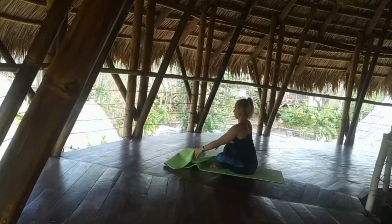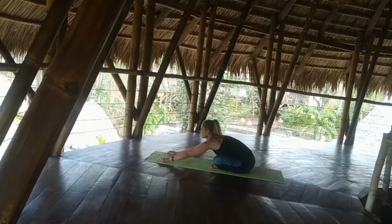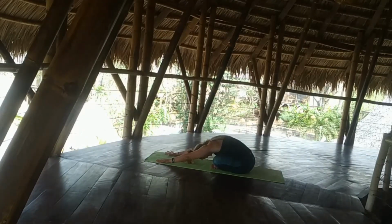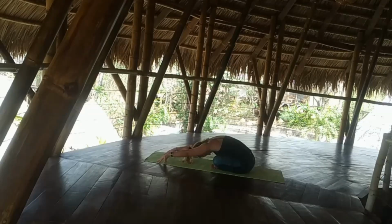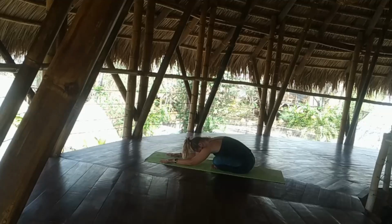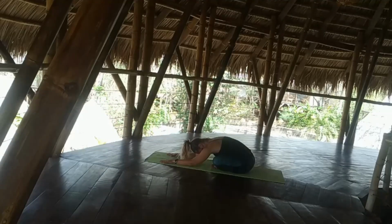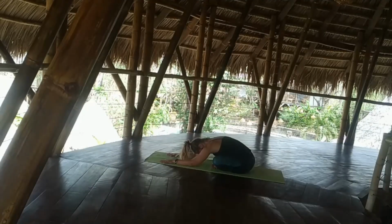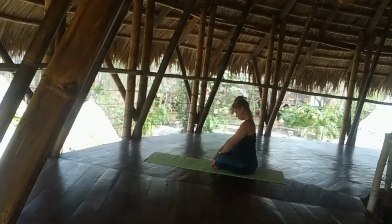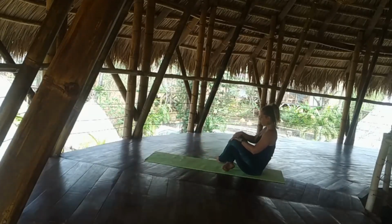And let's lower down, folding forward. So you can go all the way, or you can keep your hands on the floor or your elbows on the floor. Whatever works for you better, but we want to sit on the floor, so we don't want to roll forward on the shins. Then we come back, change the cross of the legs,